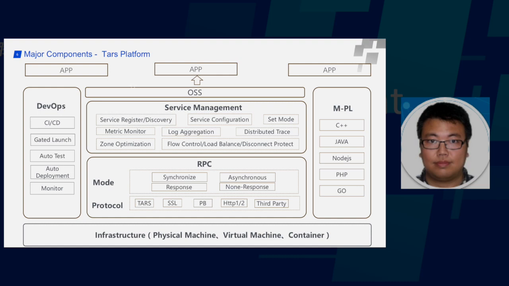And beyond the RPC call, TARS provides some service management functions as well. It can help you deploy thousands, even millions of software services to your physical servers, very easily through a web interface or web URL. And once tons of software services are deployed on the physical servers,